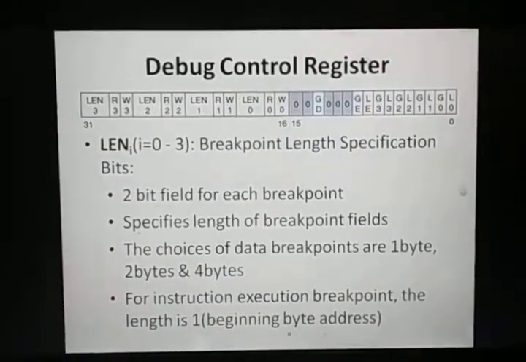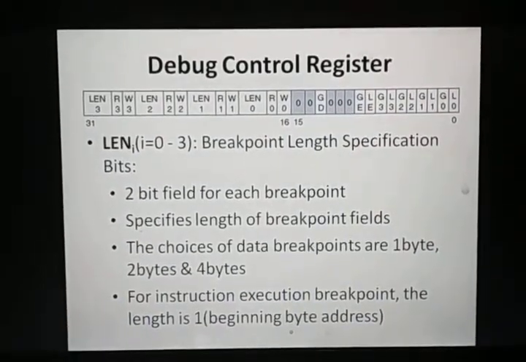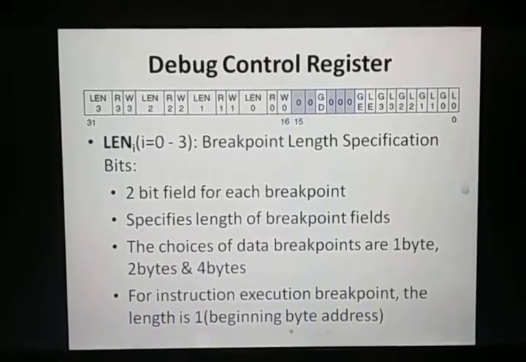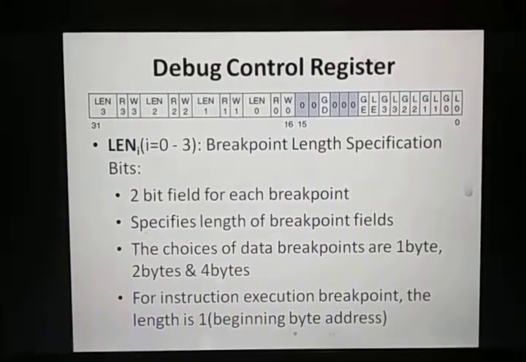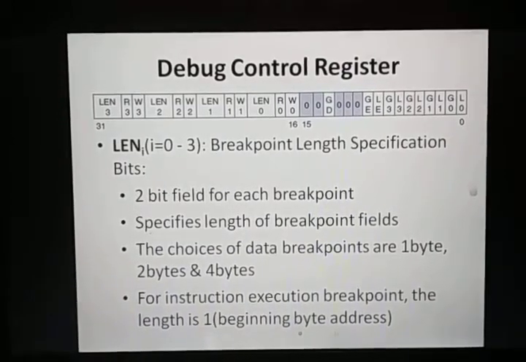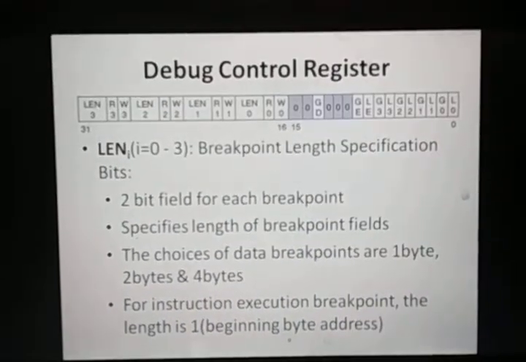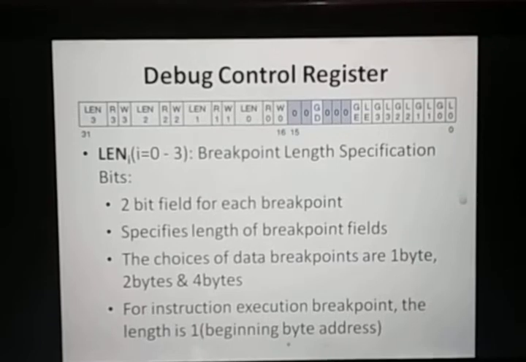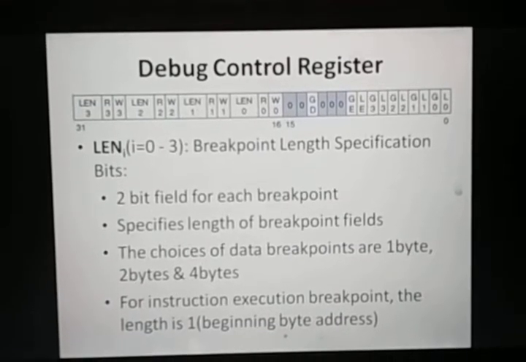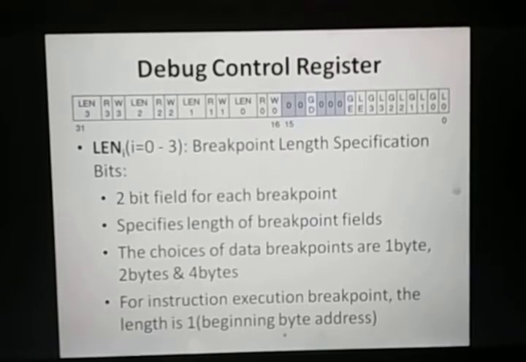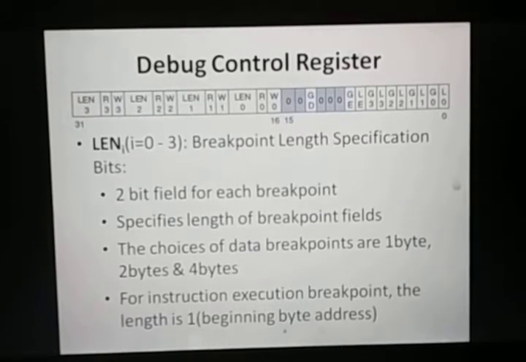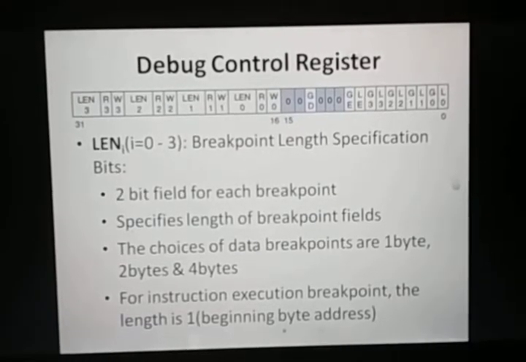Then you can see here the debug control register, which is your DR7 register. DR0 to DR3 registers are used for the linear breakpoint address condition. DR4 and DR5 are reserved for future use by Intel, DR7 is your debug control register and DR6 is your status register. So we will discuss the DR7 and DR6 registers.